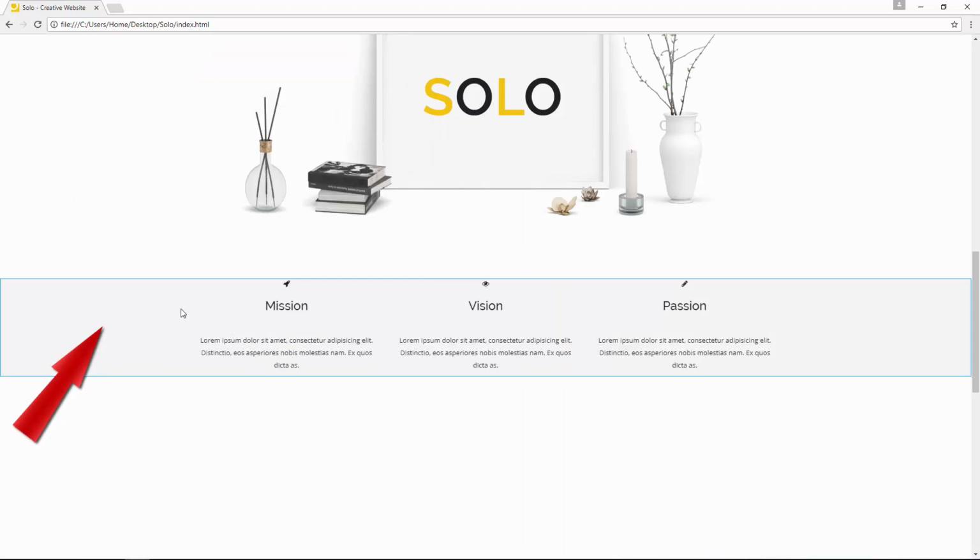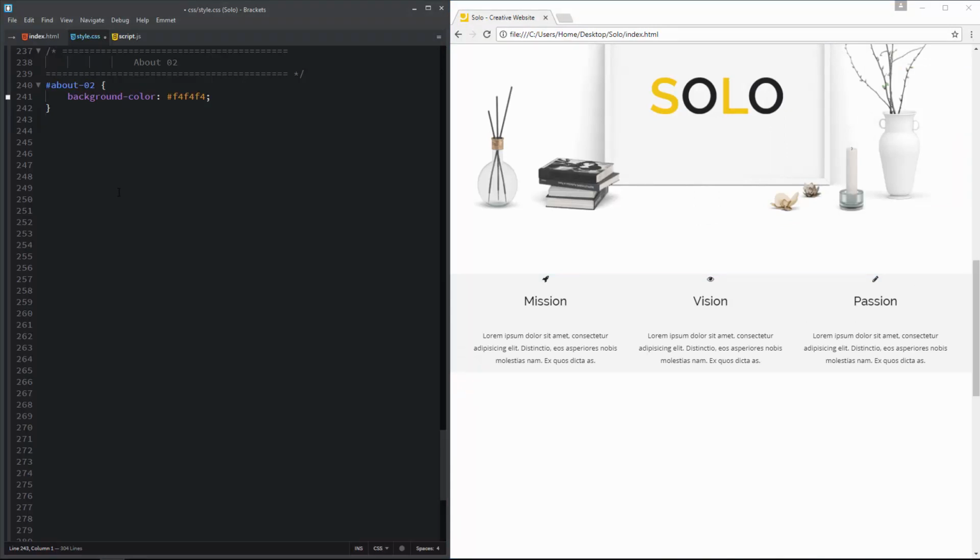Now we have a white smoke background color for part 2 of the About section, which makes a very good difference between the backgrounds of part 1 and part 2. Next, I want to put some top and bottom spaces for this section, and for that I have added a medium content box. Let me show you.